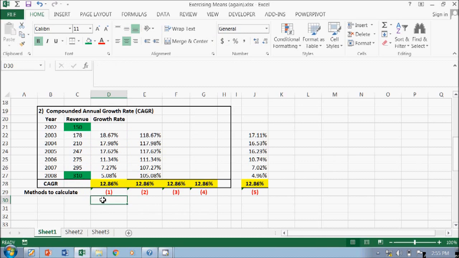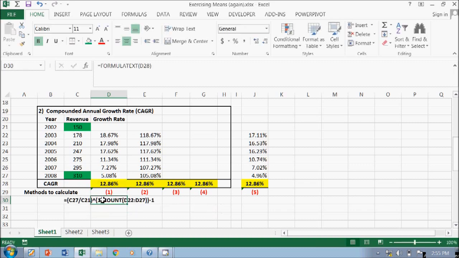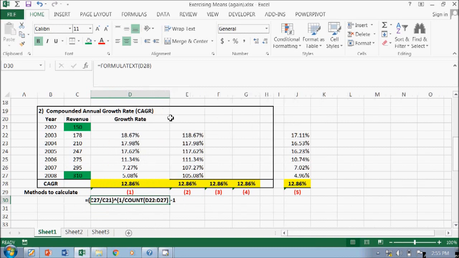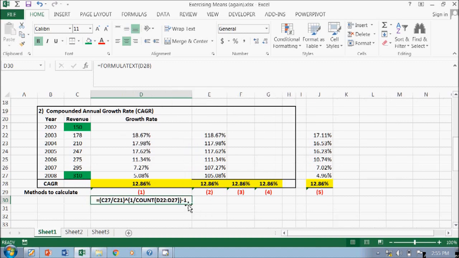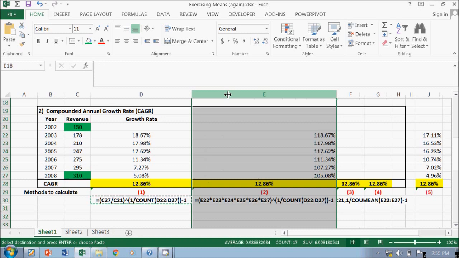I'm going to put the formula text so you can see what formula I use. Sorry, this is a bit longer. I just copy it to the cell.